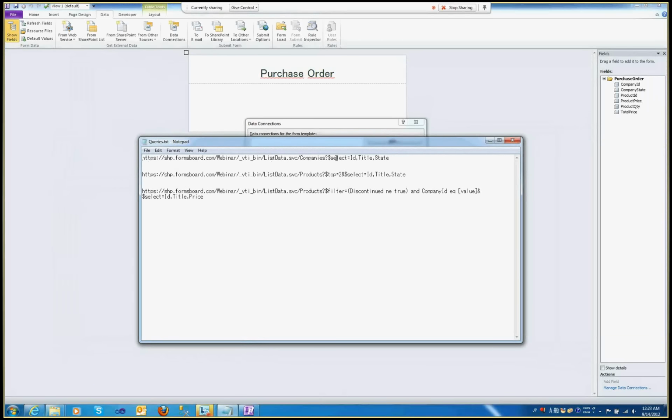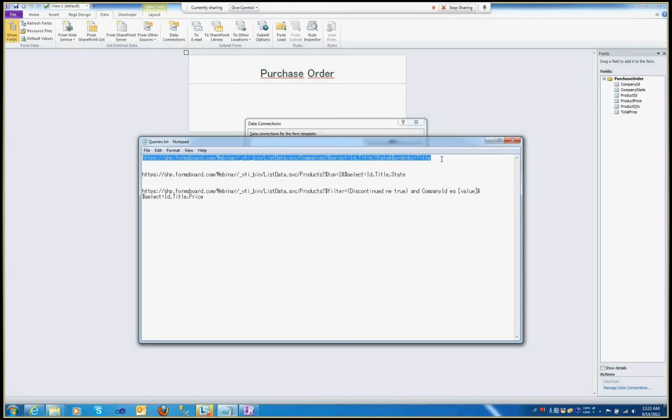I've got it selecting just the ID, title, and state fields to get rid of everything else I don't need. And let's add another option here. We'll sort them by title,